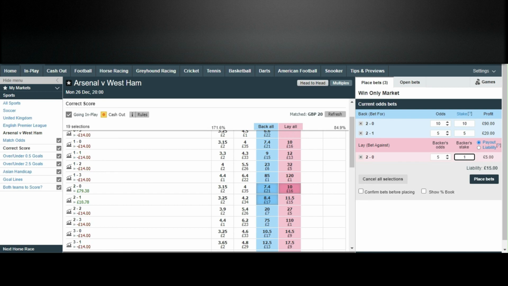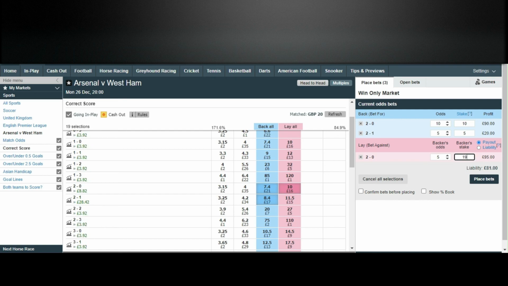I mean, let's see if you can do a bit more and let's be cheeky. So you can take it really down to just £4.90 on them all and £30 on that one. Just play around with them. 18. So if you did 18 on that, you've got £12 on 2-0, 27 on 2-1, and 2.94 on all others. So you're still going to come out with something on that one. So yeah, it's just a case of playing around with them. What you're happy with.